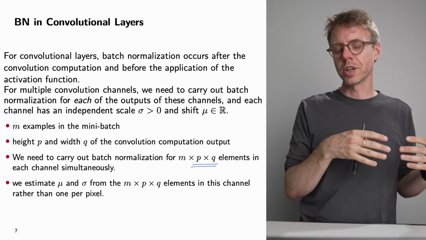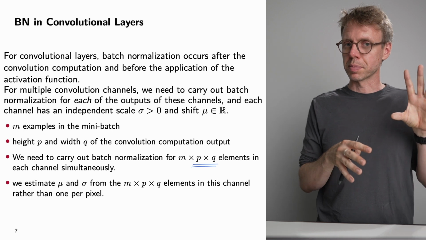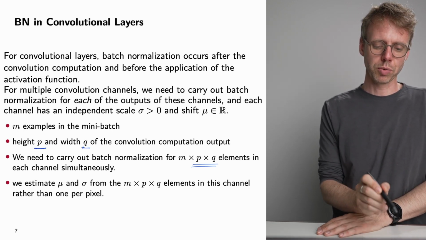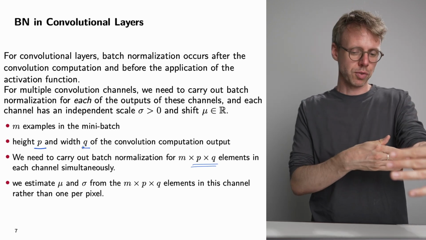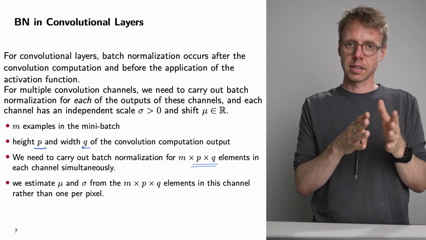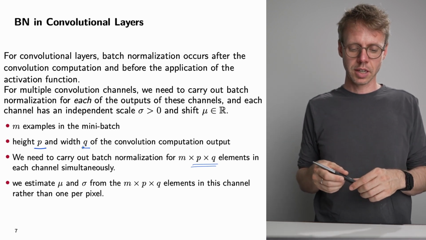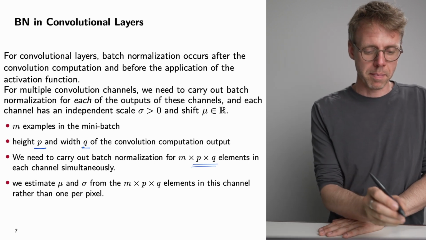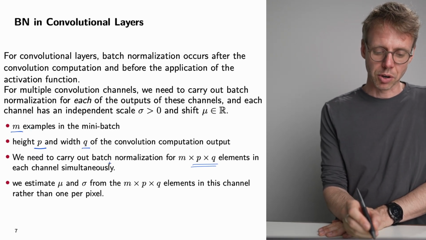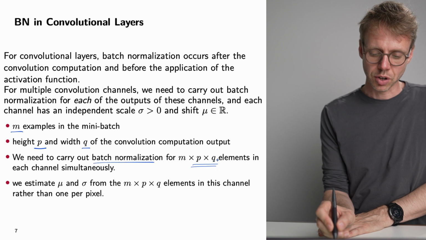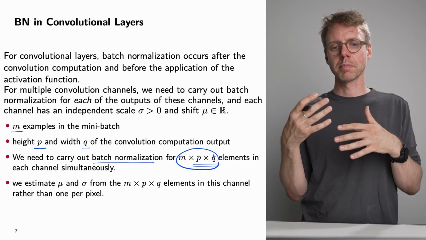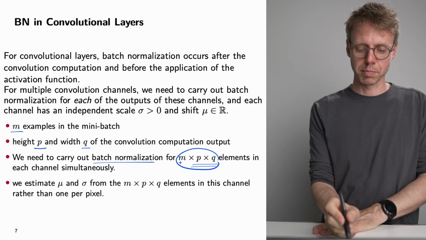Say we have a convolutional layer that generates a representation of size p times q, where p is the height of the transformed representation and q is the width of this representation, and m is the batch size. Then we would carry out batch normalization on a tensor of size m times p times q, where